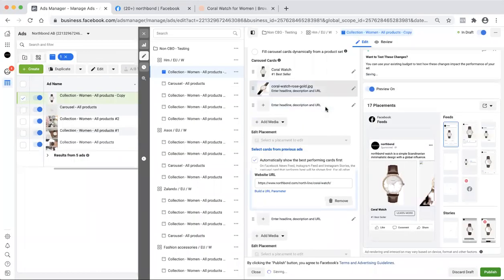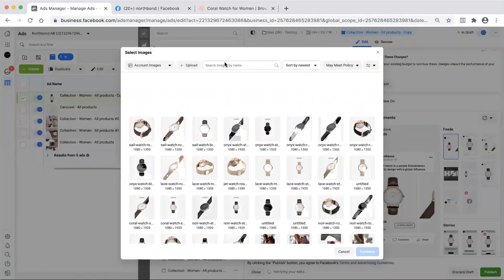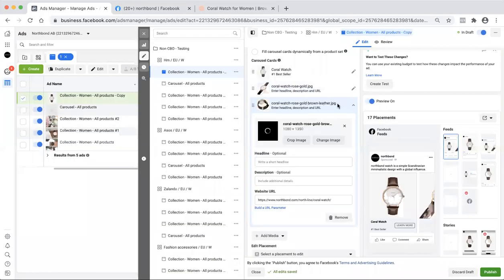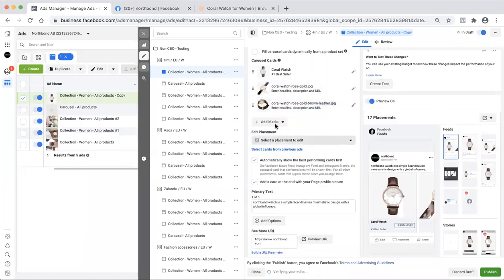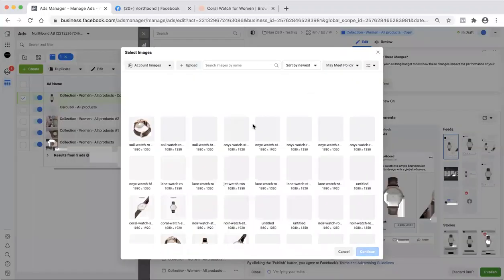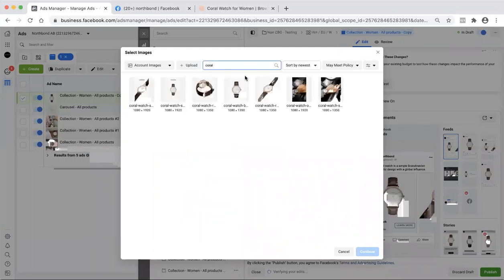Then we'll go to the next image and you'll select the next one. And then we'll add one more. The other two are from stories, and that one, a lifestyle picture maybe.